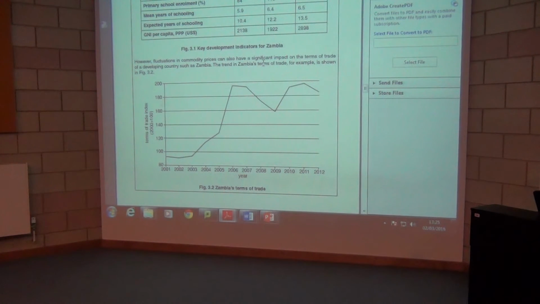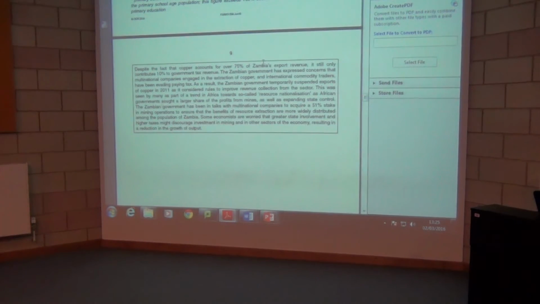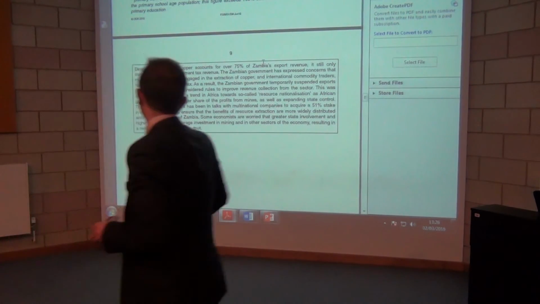How would we work it out, Satya? We would do the difference, that's 180 minus 150, which gives you 30. What would we divide that by? 150, which is 1 over 5, which is 20%. Okay? Now, the reason I go through all this rigmarole is because you may be asked